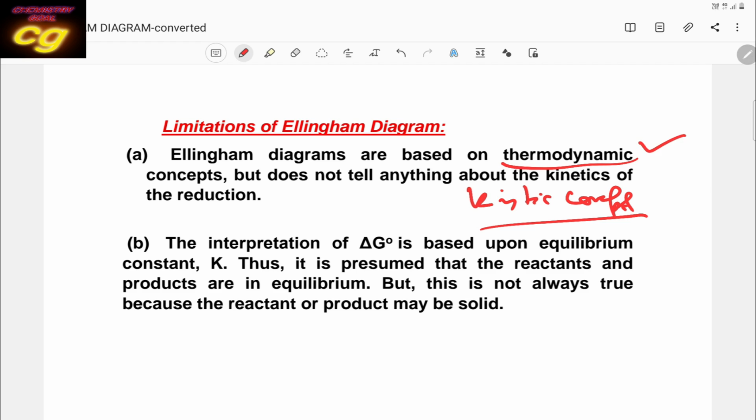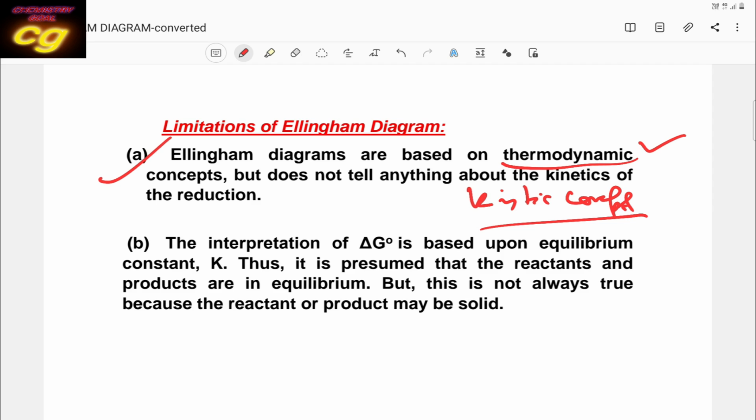So this is one demerit, because to know whether a reaction is feasible or not, we can study both. If it is thermodynamically feasible, it should also be kinetically feasible. If it is thermodynamically possible but kinetically not possible, the reaction will be very slow, and very slow means the amount of product will be very less. That's why when it is possible both thermodynamically and kinetically, then the reaction will be 100% feasible and the amount of product will be more. So this is a very important concept, the lack of both concepts in the Ellingham diagram.